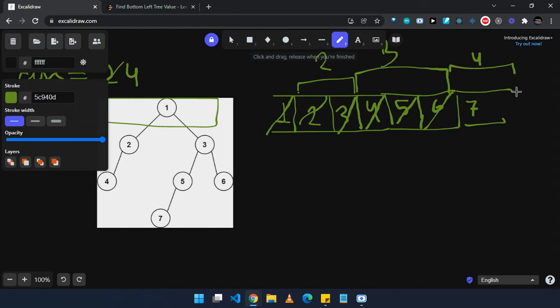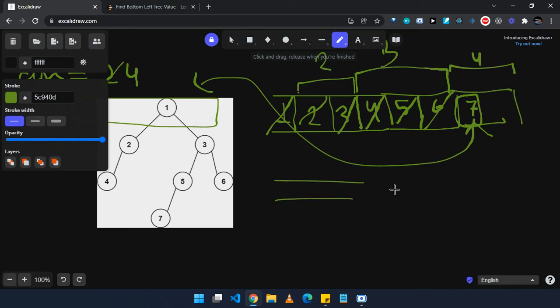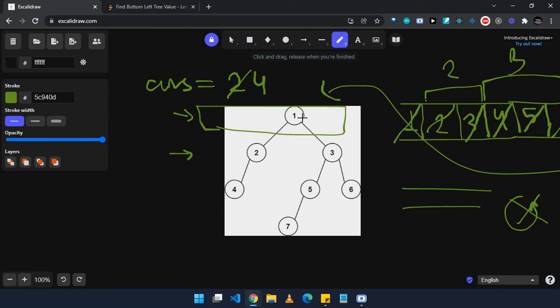Level 4 has only one node, so we'll put 7 in answer and explore 7. Since 7 has no children, the queue will be empty, so we will exit out of our while loop, and our answer will be in the answer variable, which we iterated to 7. So our answer will be 7.